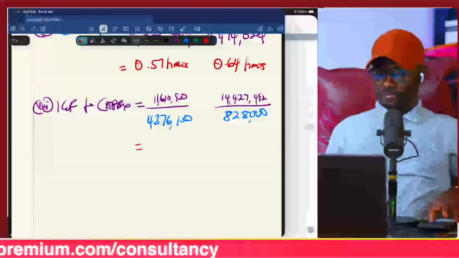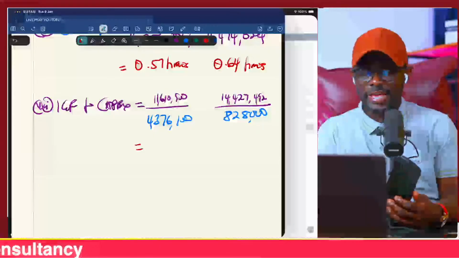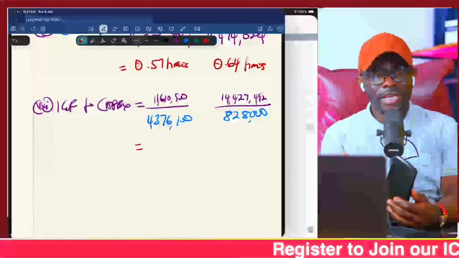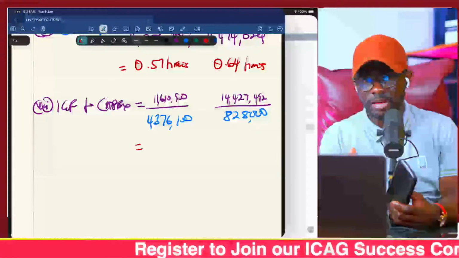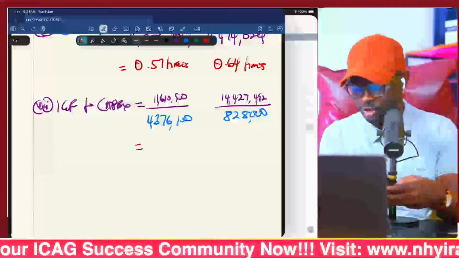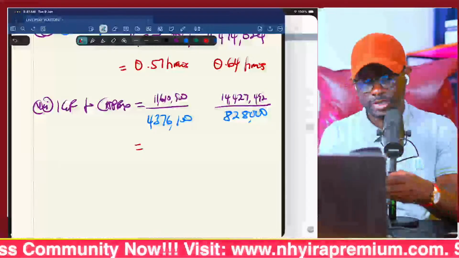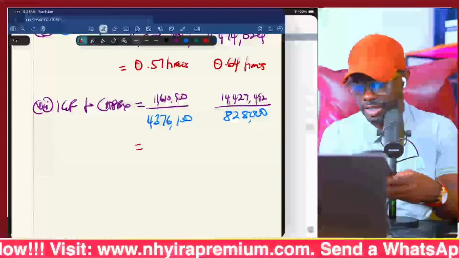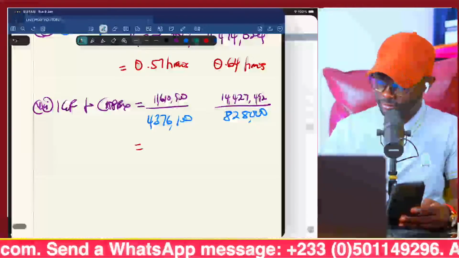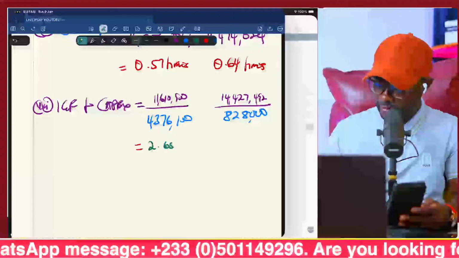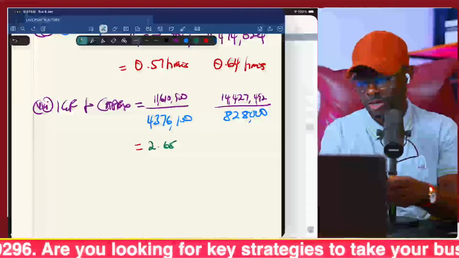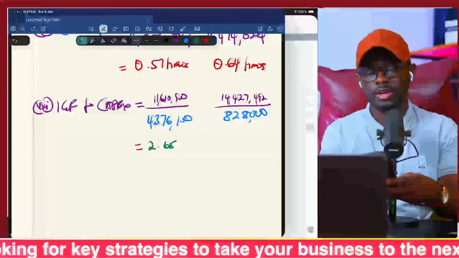So what do we have? How many times is, again, this can be represented in times, also in percentages, right? So if we are doing in times, then how many times is the total IGF covering capex? Or what's the percentage of IGF that is going into capex? So 11,610,900 divided by 4,376,100, 2.665, 14,427,492 divided by 828,123,